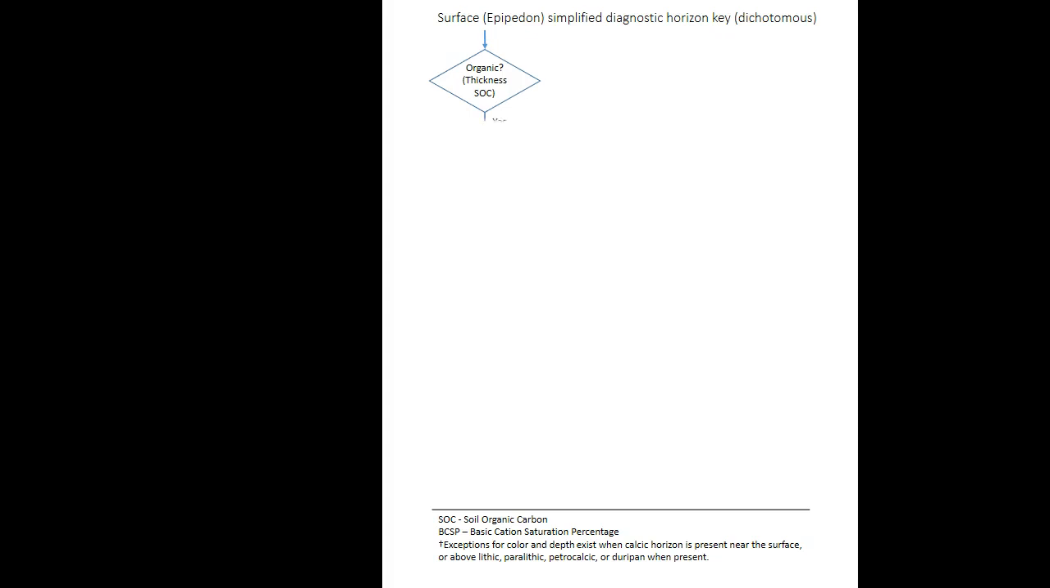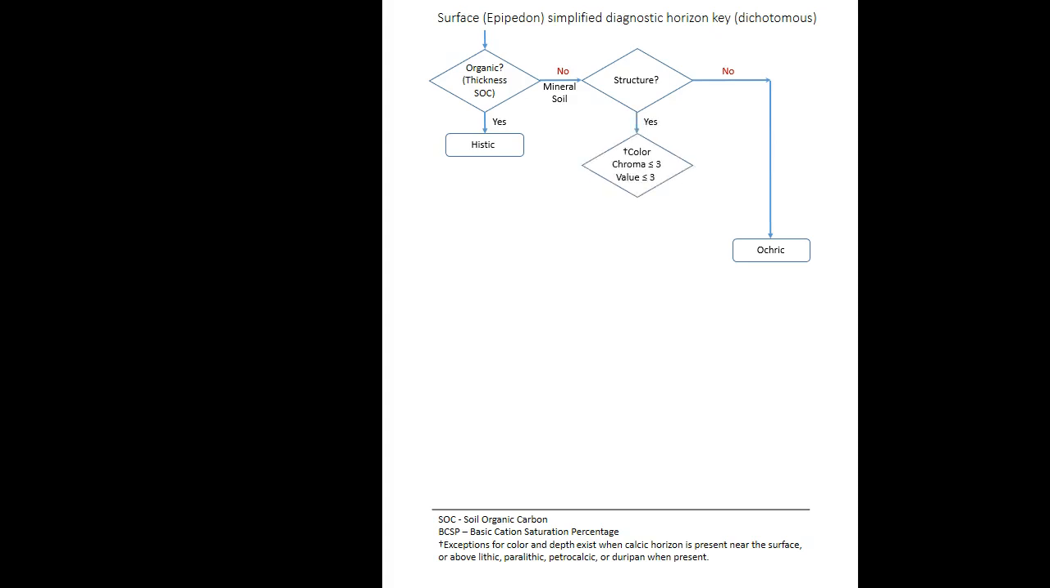If the answer is yes, then we're looking at a histic horizon. If the answer is no, we have to ask another question. We are dealing with a mineral soil. So we look and see, does that surface mineral soil have soil structure? If the answer is no, we have an ochric A horizon, or an ochric epipedon. If the answer is yes, we go to our next diagnostic question that asks,